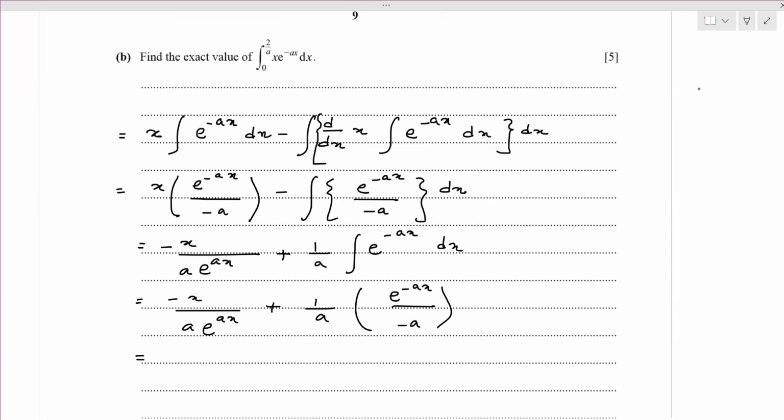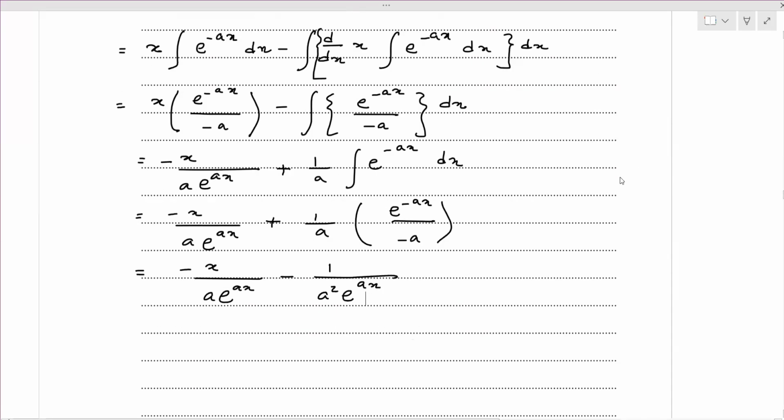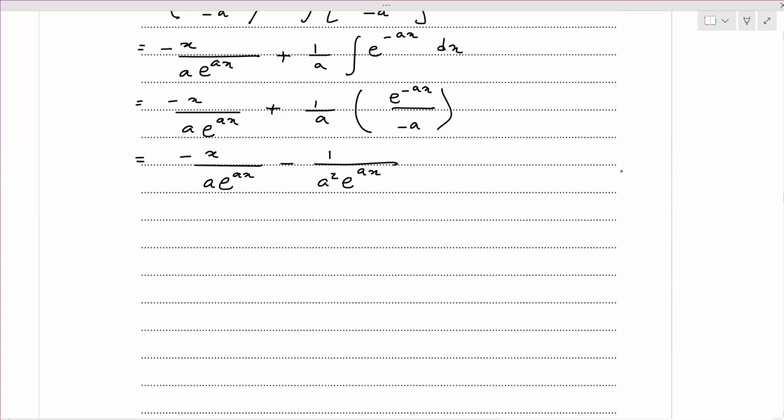So finally it will be minus x over a e power ax minus 1 over a square e power ax. This is the final integral, and after that we have to apply limits, and the limits are from 0 to 2 over a. Now upper limit, minus 2 over a